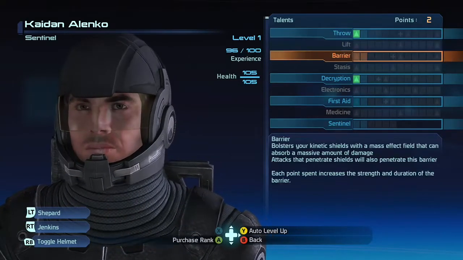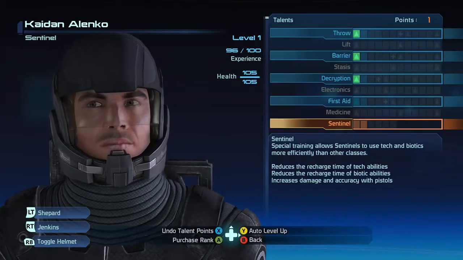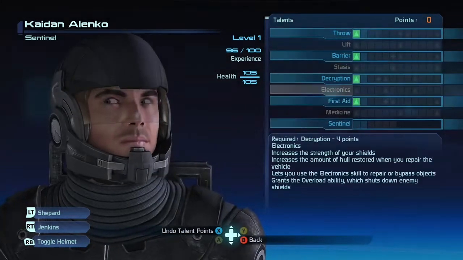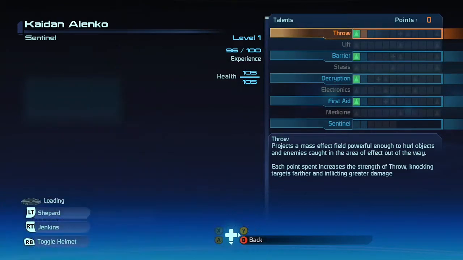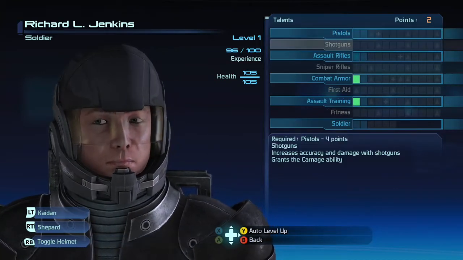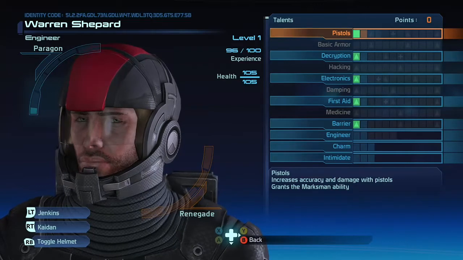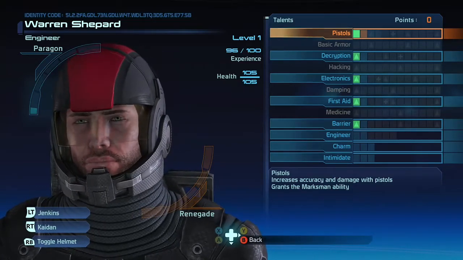Alright, I'm definitely giving Caden barrier, and getting some first aid. I might as well go ahead and take off the helmet for effect, and you can't remove Jenkins'. I'll just go ahead and give Jenkins both of those. It should matter, of course, right? The helmet is kind of cool, but...